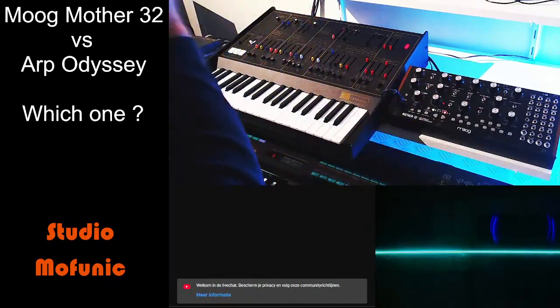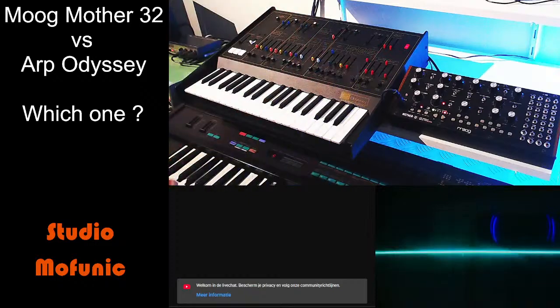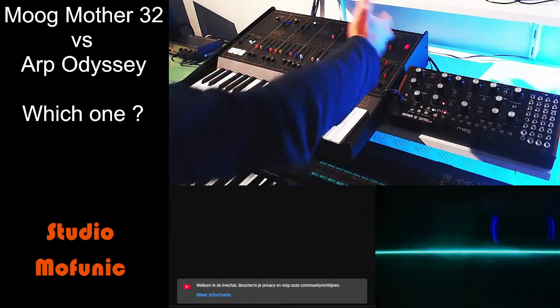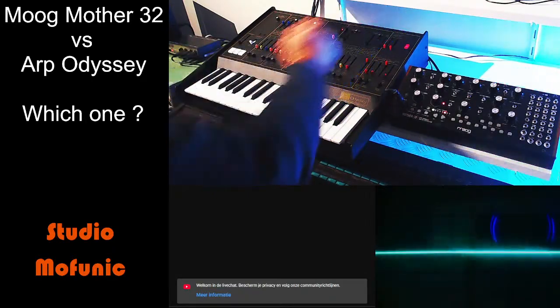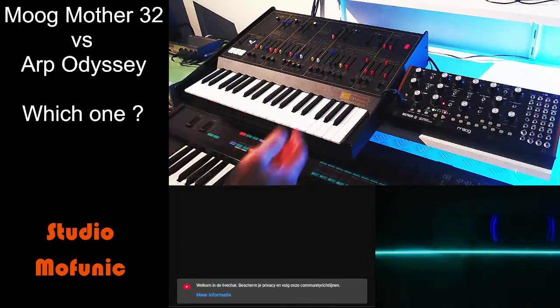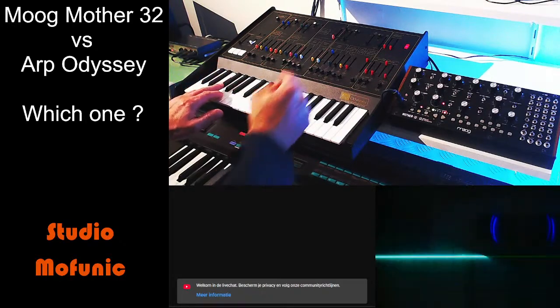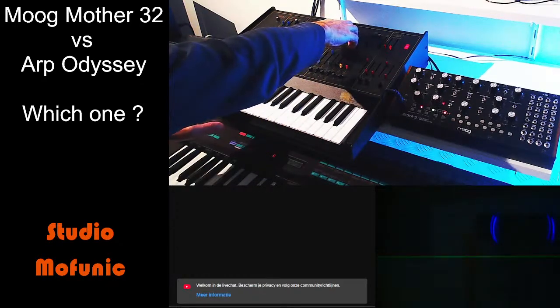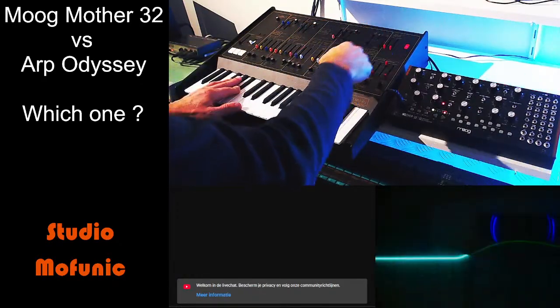The high pass is in this case okay, but less usable than the one on the Mother-32. What can we do with this one that we can do a lot with? Because we have an ADSR and an AR, so you can split the filter in the AR or in the ADSR. And also the bass lines are very, very great in this case, because it has that low end, and certainly in the first filter. Now going to the